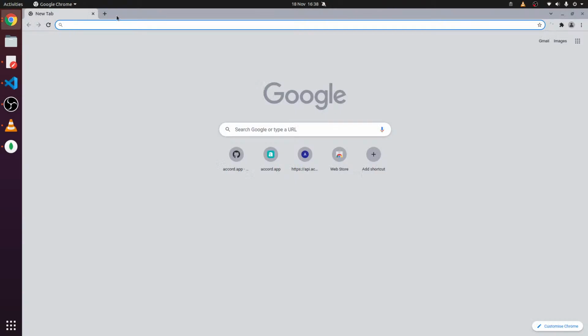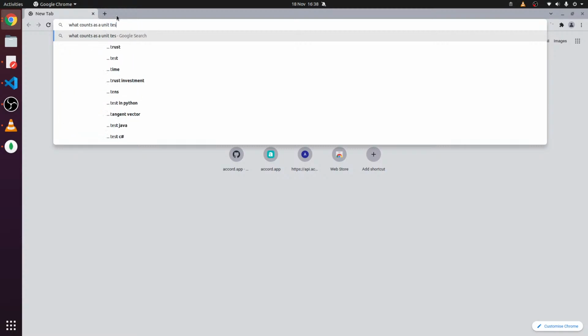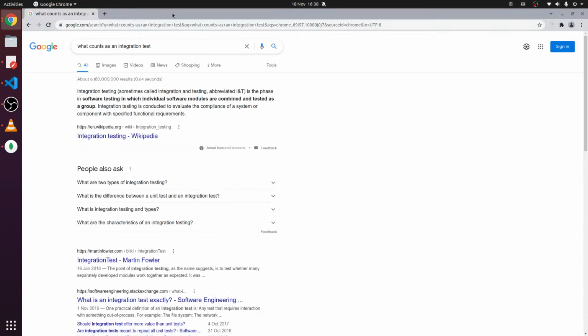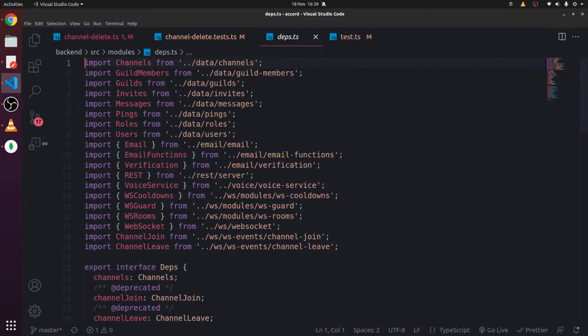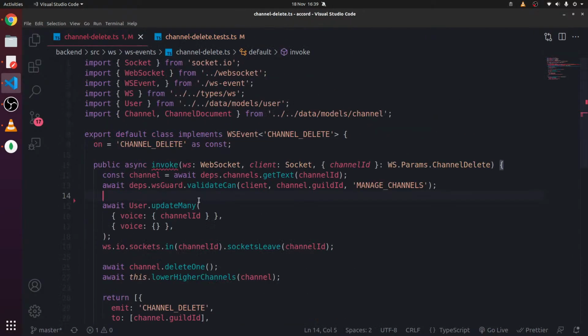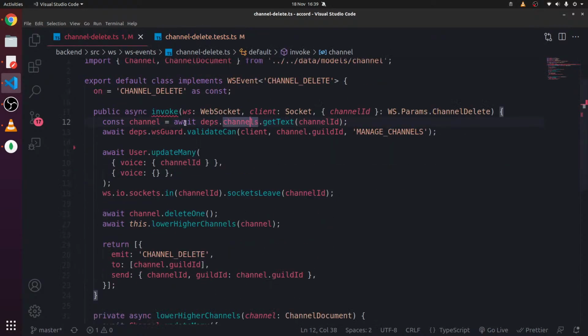Okay, so I'm confused about one thing. What counts as a unit test? What counts as an integration test? Modules are tested as a group. A unit is one unit, so a group is multiple units tested at once. That's my definition, I think. So we're testing multiple units at once. We're not testing channels. We're testing everything in this function here. And if we were testing just this function, the unit, then